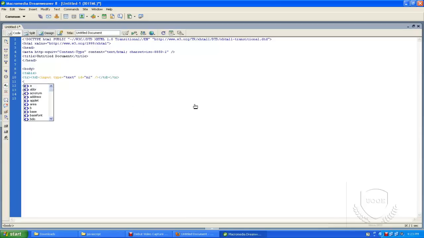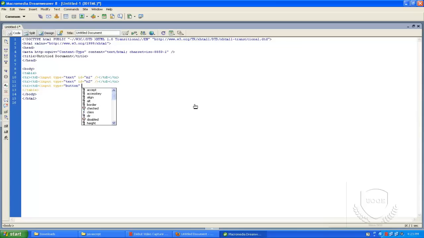I'm creating another table. I'm creating a button. Not the button name, the button value will be like